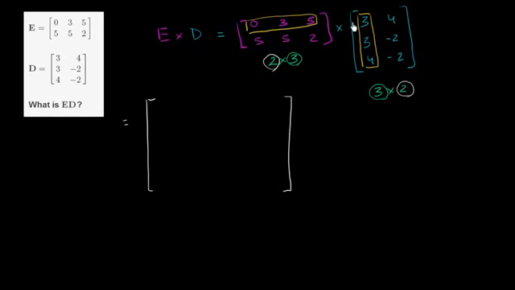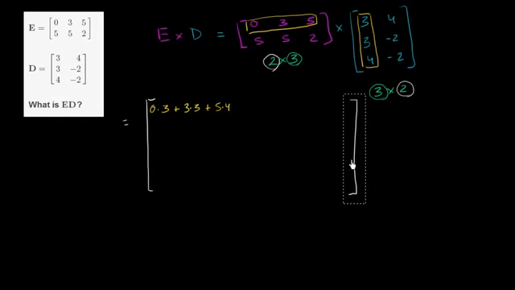This entry is going to be 0 times 3 plus 3 times 3 plus 5 times 4. So that is the top left entry. And I already see that I'm going to run out of space here. So let me move this over to the right, some space, so I have some breathing room. Now we can do the top right entry. This was the top left. Now we're going to do the top right. So the top right entry is going to